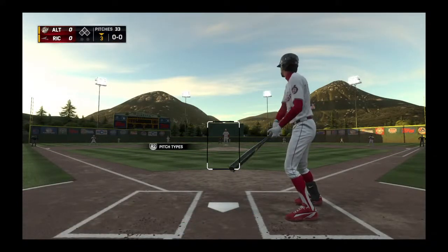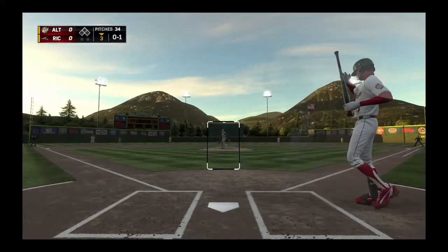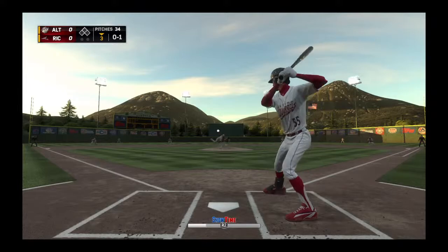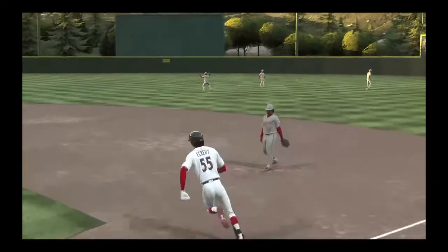Now in the box, Stephen Lawrence. He'll start things out here in a tie ball game. Lawrence, and he just gets a piece there as this is chopped foul. And the pitch. This one's blooped out toward right center field. Hamlin retreats to the outfield grass and